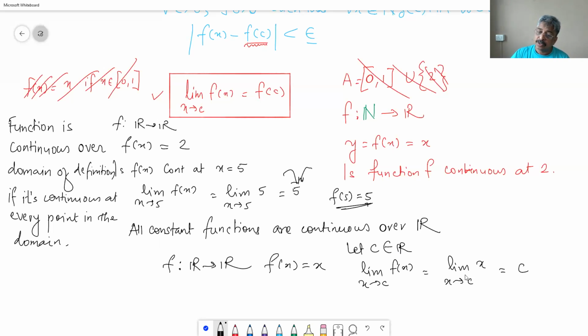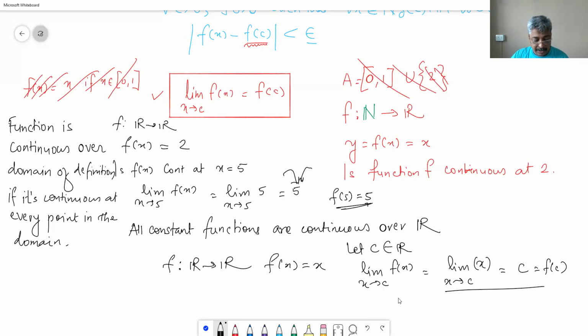Because if you approach this x from the left-hand side of C, right-hand side of C, the value of the function f of x is equal to x. Whatever value of x you have will go here, and that will be the value of the limit, which is equal to C. And the value of the function. So the limit, when you write it like this, is equal to f of C, hence it is continuous at C, and C is the general representative of any point in R, therefore it is continuous